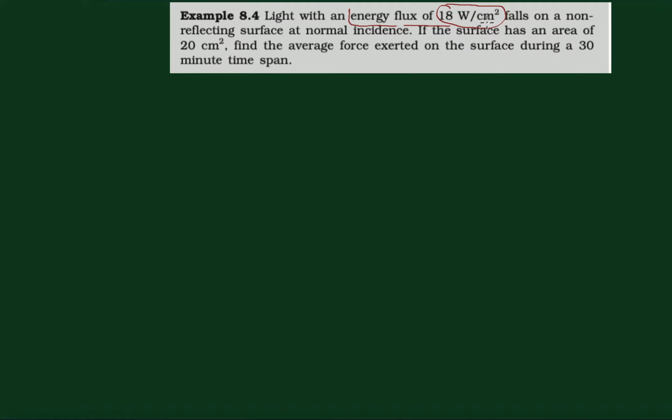and into area. सो ये यूनिट जो है, एनर्जी फ्लक्स के जो यूनिट हैं वो इंटेंसिटी के हैं। This is intensity of electromagnetic wave. इसका हमने आर्टिकल पढ़ा हुआ है अभी, आपको लास्ट वीडियो में मैंने बताया था। ये इंटेंसिटी है बेसिकली, right. This falls on a non-reflecting surface, जो रिफ्लेक्ट नहीं करता। इसका मतलब ये सारी लाइट को अब्जॉर्ब कर लेता है at a normal incidence. If the surface has an area of 20 centimeter squared